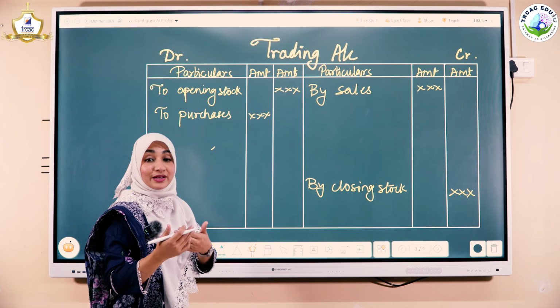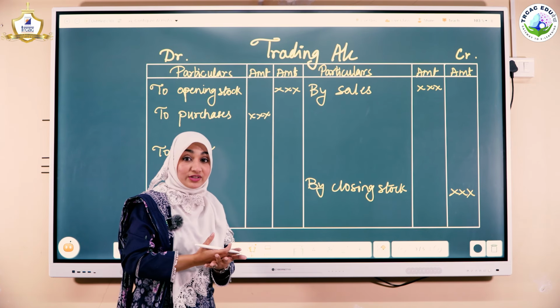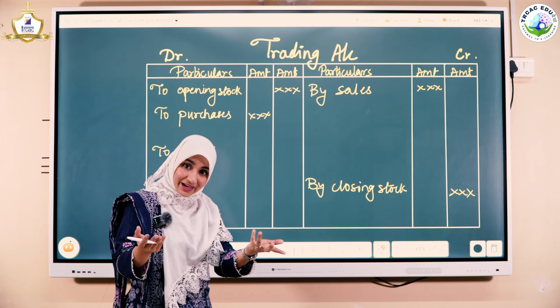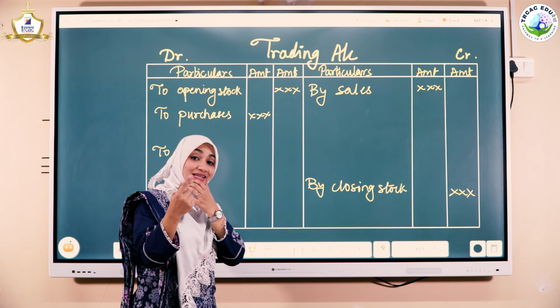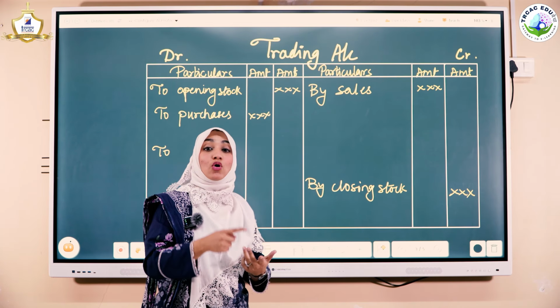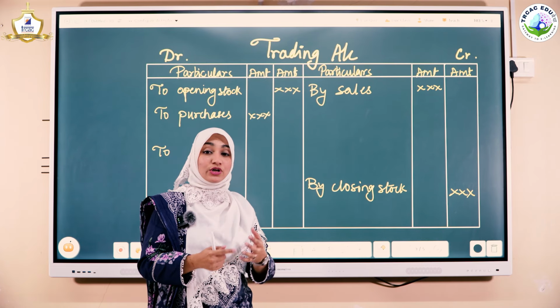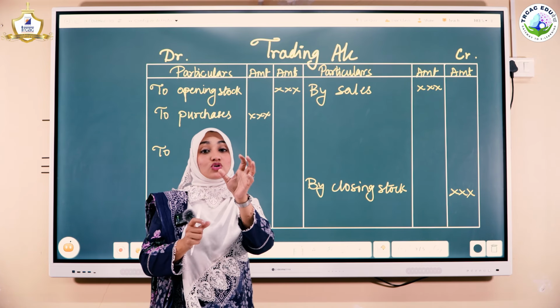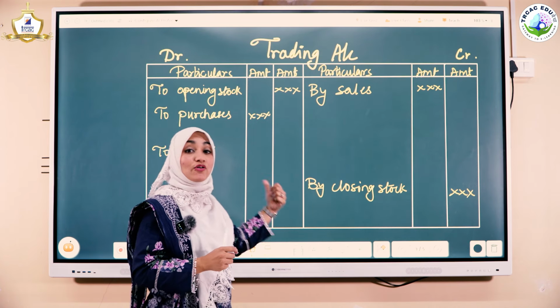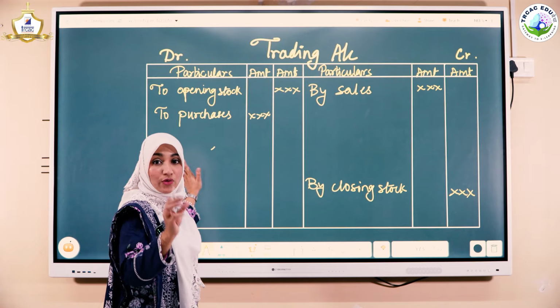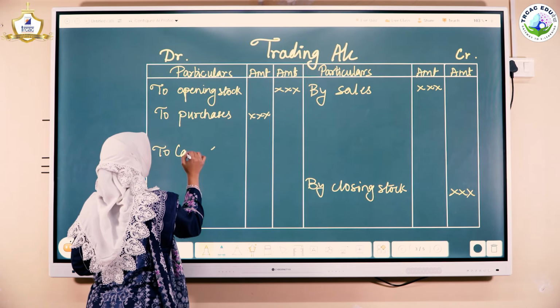What more do we need to make the goods? How will the goods reach our factory? So that is known as your carriage expense, carriage inward, or it can be your octroi, or it can be your freight, it can be your import, correct? So all these kinds of expenses, which we call the cost of getting goods delivered, will also be recorded over here. I am just taking into consideration now the carriage inward.